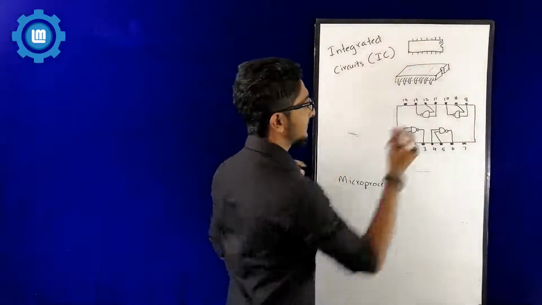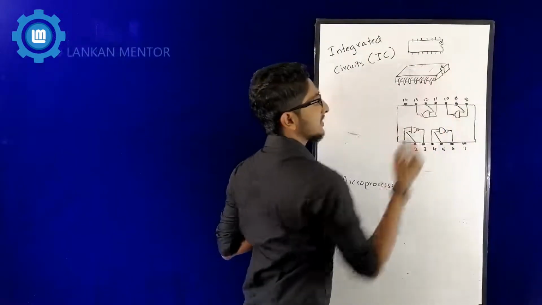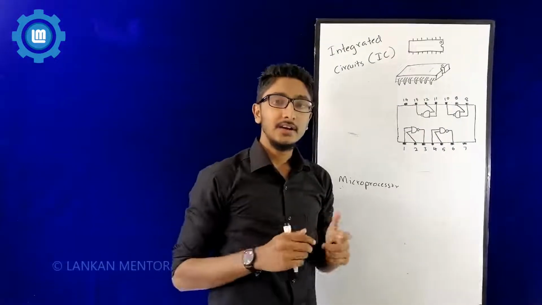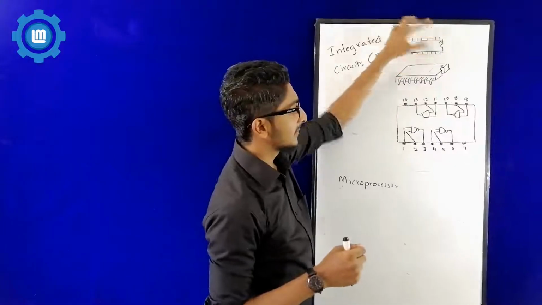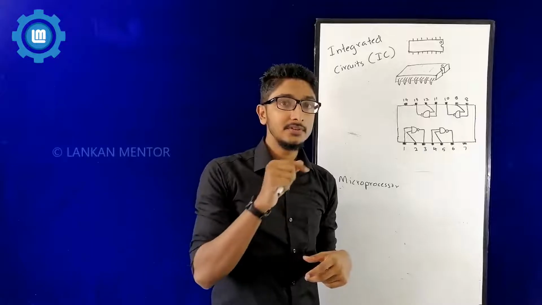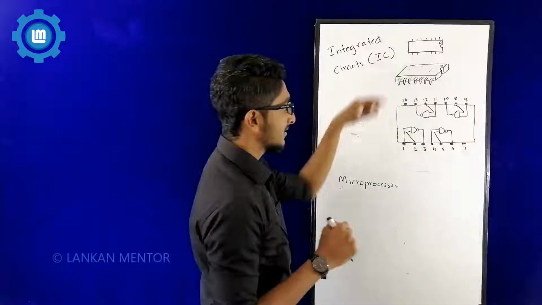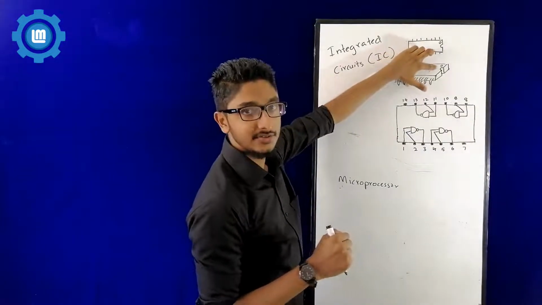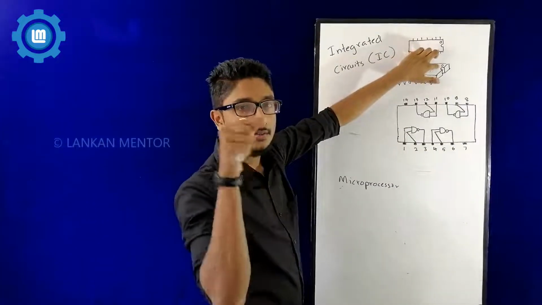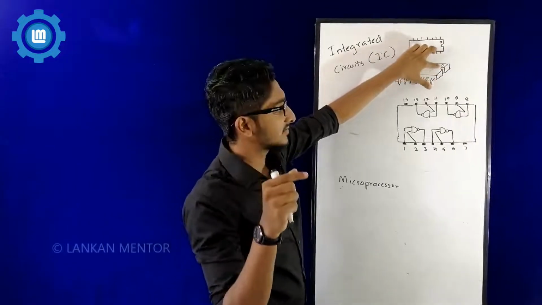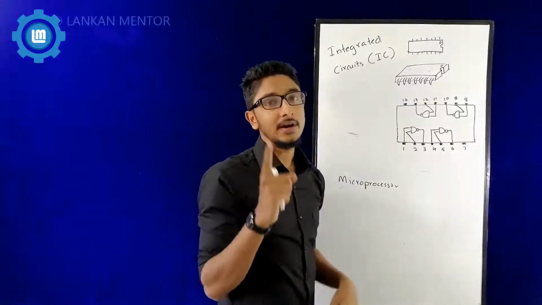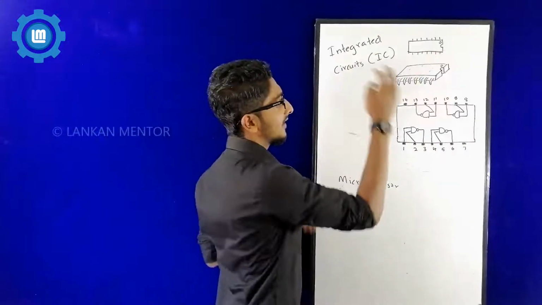In the curve, you can have a small circular thing on the top surface of the IC. This denotes how the pin numbers are arranged. After the notch, from the side of the notch, you have a small circular appearance. From that point, you start number 1. From that side, you count from number 1.